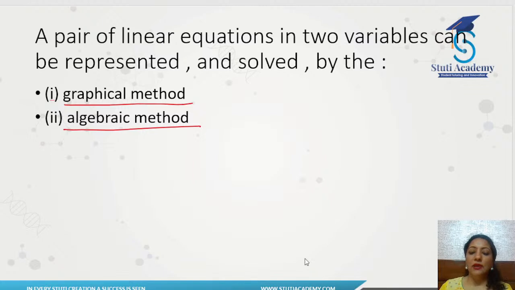So I'm winding up here. For the timing, I've discussed the graphical method. In tomorrow's class, we'll start with the algebraic method. So before you come for tomorrow's class, please make sure that